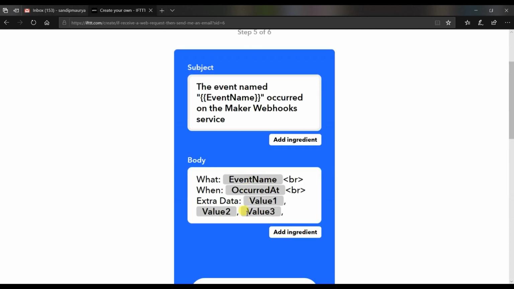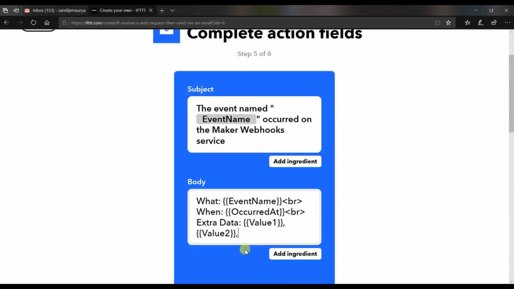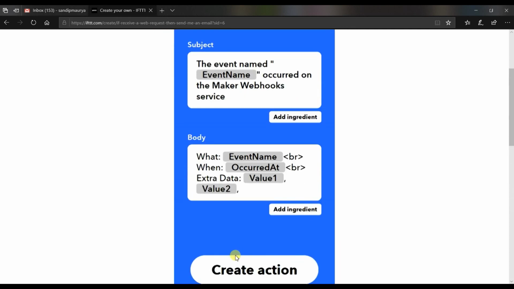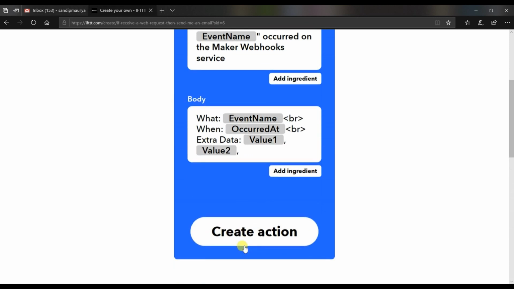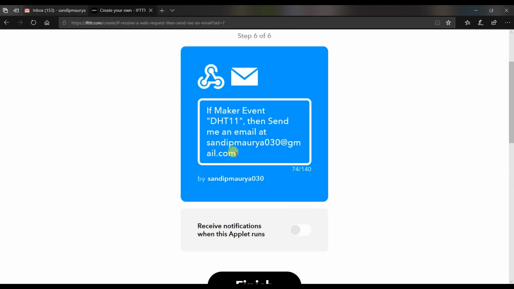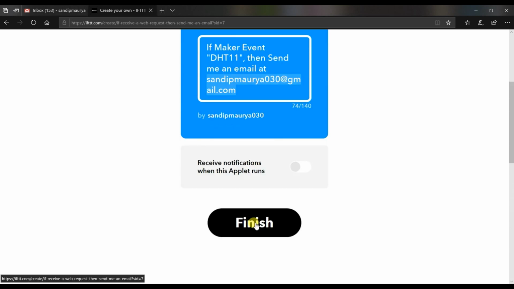We have two values, not three, so I will delete this. And create action. This is my email ID, which is the registered email ID of IFTTT. I will get the humidity and temperature notification on this mail. I will click on finish.